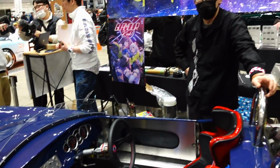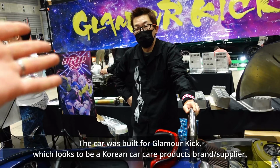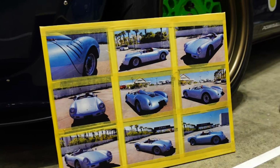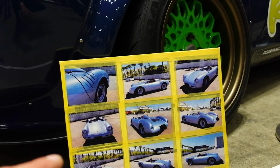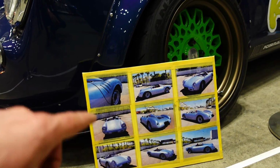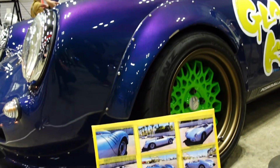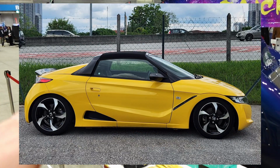Like, a company just came to him and said, hey, make this car. And so he made this car. So this is the inspiration for the body. This is a Porsche 550 Spider. And this is actually a replica of a 550, so he's made a joke. He's like, this is kind of like a copy of the original, and then this is kind of inspired from that. I'll put a picture in here of what a real S660 looks like, because they're crazy popular here, but